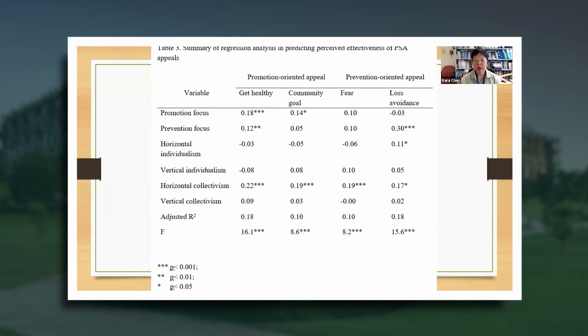So this is the table showing the regression. We use multiple regression. The predicted variables are the appeals. So getting healthy and community goal are the promotion-oriented appeals. The prevention-oriented appeals are the fear appeal and